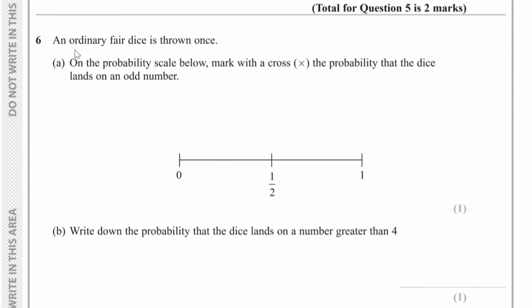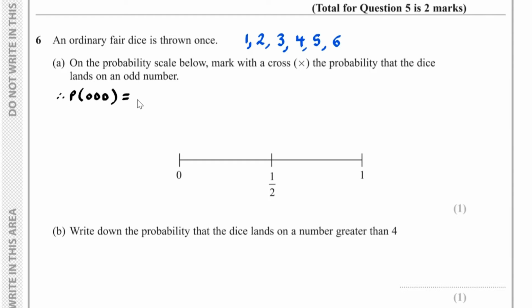Question number 6. An ordinary fair dice is thrown once. For part A, on the probability scale below, we have to mark with a cross the probability that the dice lands on an odd number. Well, let's write out the various options we could have. If we throw the dice once, we could either get a 1, a 2, a 3, a 4, a 5, or a 6. How many odd numbers are there? Well, there's 1, 2, 3 of them,